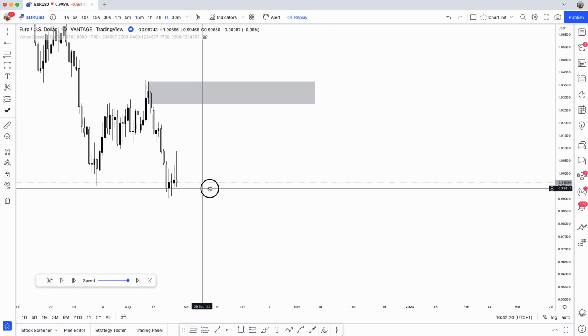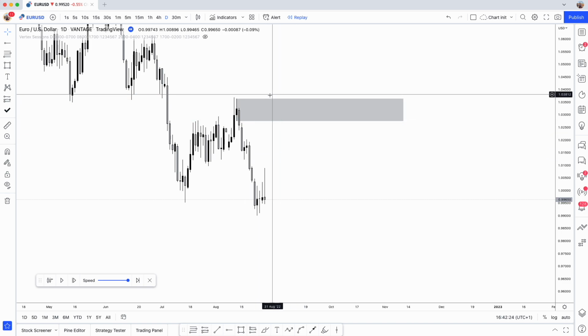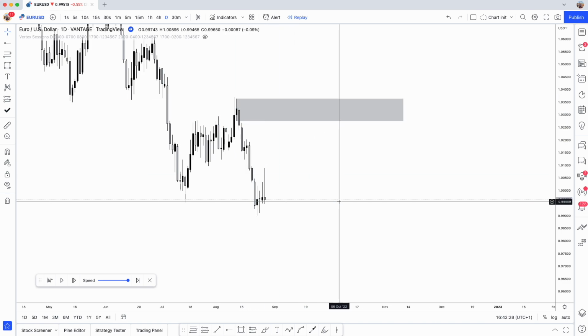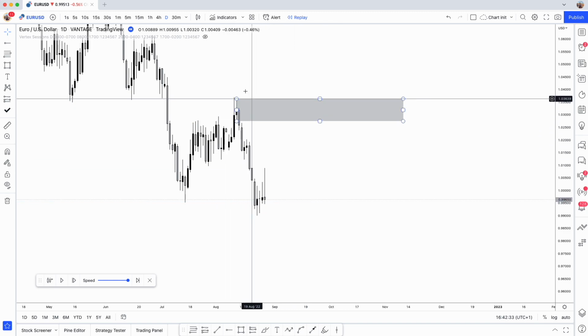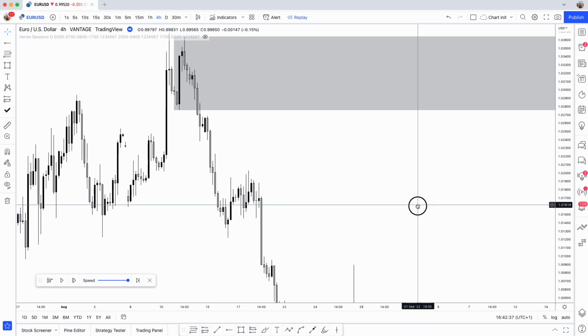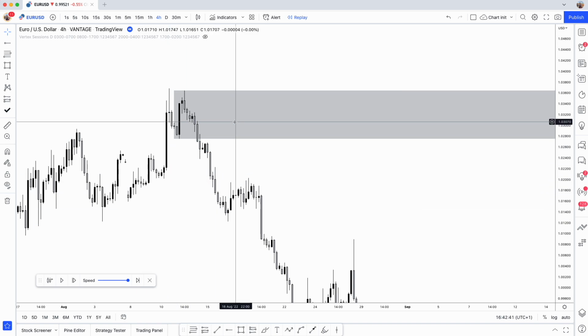So all we can say on the daily time frame is, if we are going to take a trade following the daily time frame, we need to wait for a POI. We need to wait for this POI to be tapped before we can look for any sort of reaction. But obviously, ideally, you want to go and refine this further. So what we can do is go to the 4 hour. Potentially, we can refine it. So we have our breaker structure.